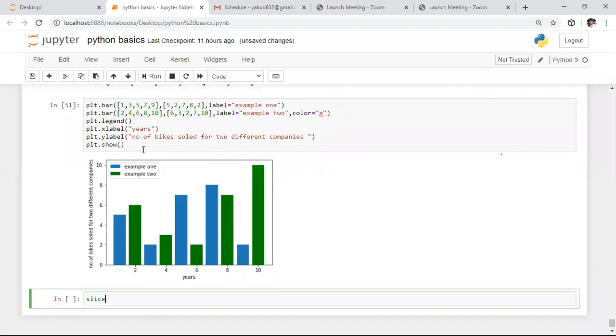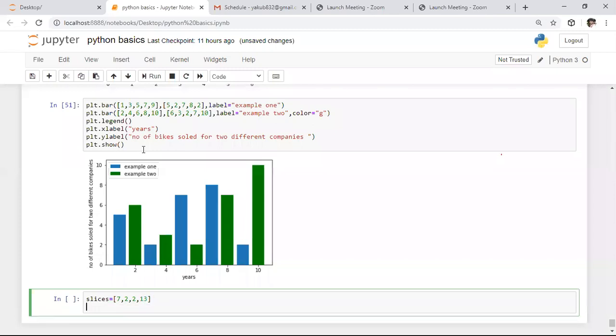Here I want to specify the 24 hours activities of a person. I am dividing that entire 24 hours activity into 4 parts, that is 7 hours, 2 hours as well as 13 hours. After this, I want to specify the activities, what he is doing for these durations. For that purpose, here I'm using the activities column.